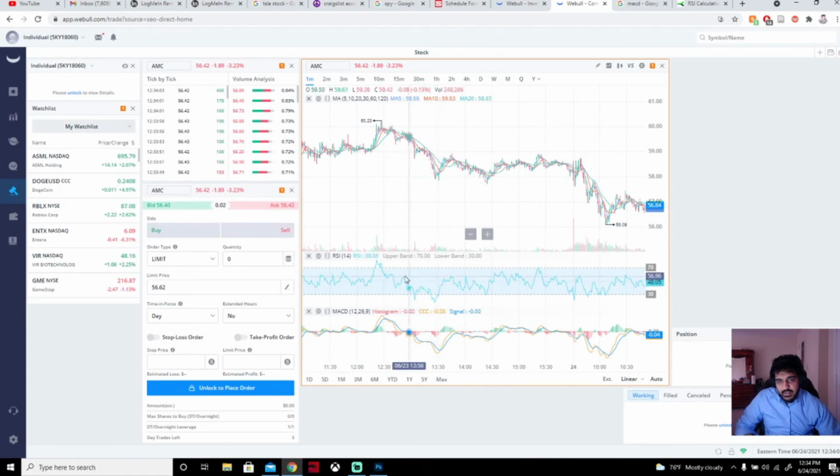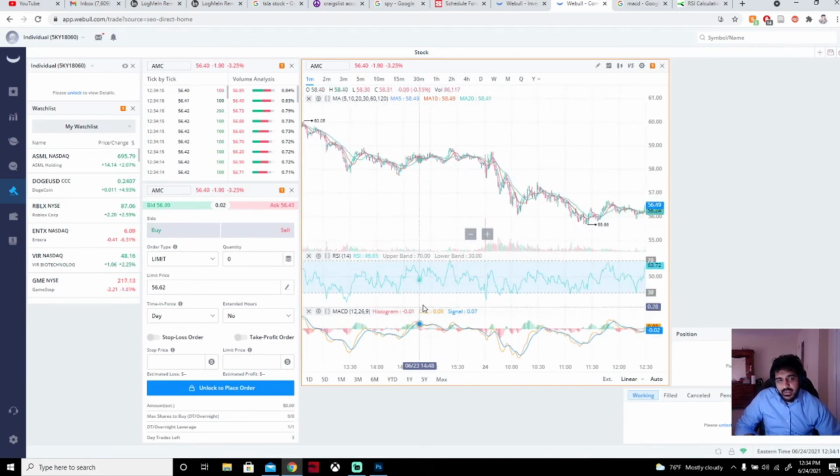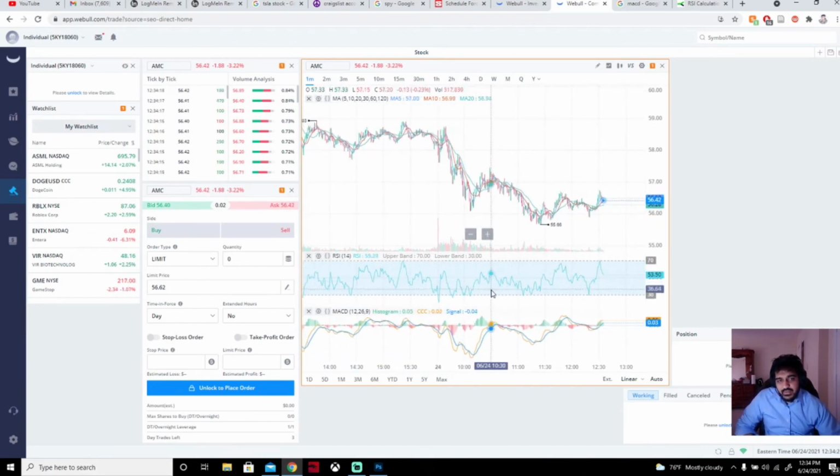So really, this is overbought. Too many people are buying. Needs to come down. Over down here, it's oversold. Too many people are selling. Needs to come up, and generally it plays within that range. This is again not 100%. And I wouldn't use the RSI indicator as the only sell point because it can still not tell you